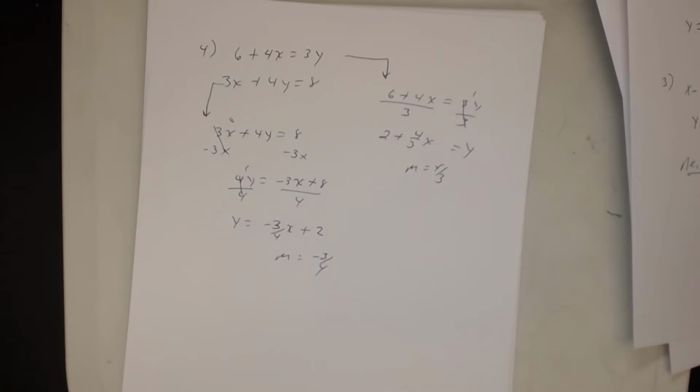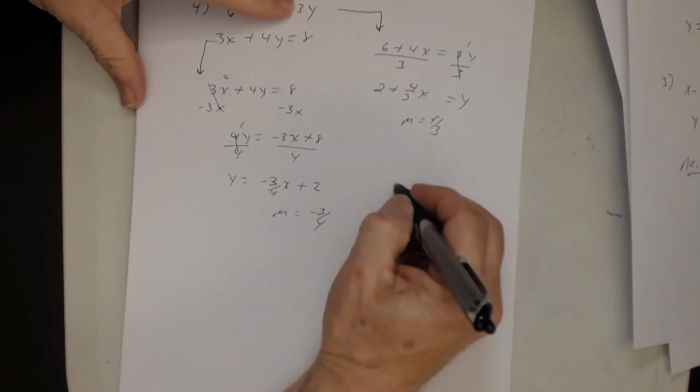What do you know about the slopes? Are they the same? No. So the lines are not parallel. They're going to intersect. Are they going to intersect at right angles? Yes, because the slopes are negative reciprocals of each other. So since the slopes are negative reciprocals of each other,